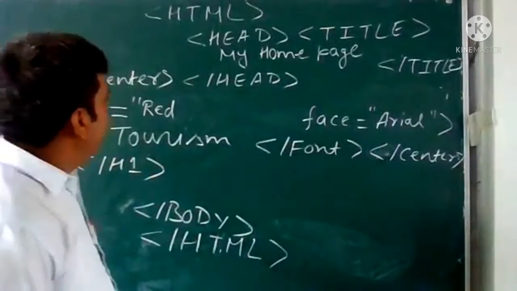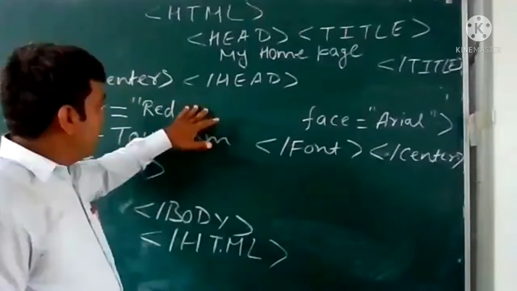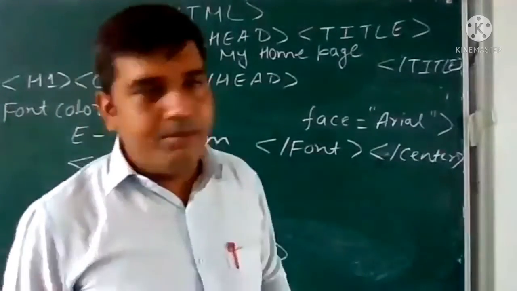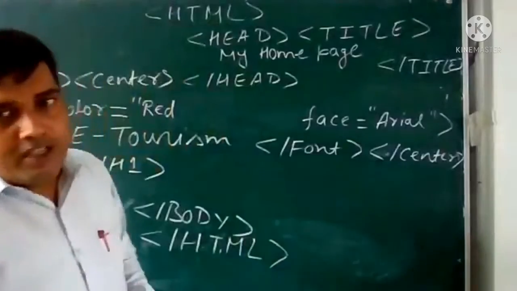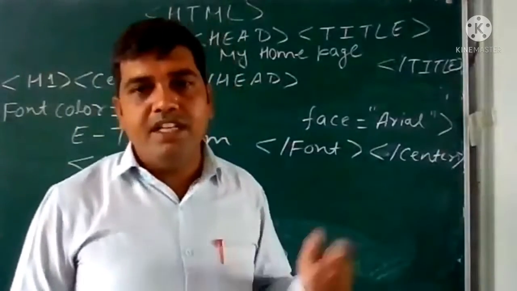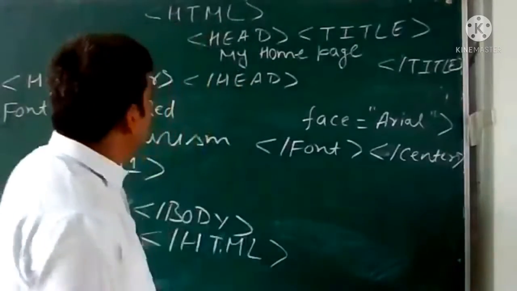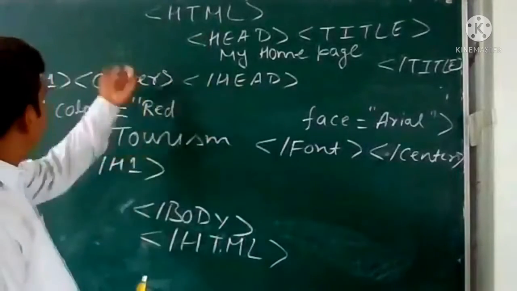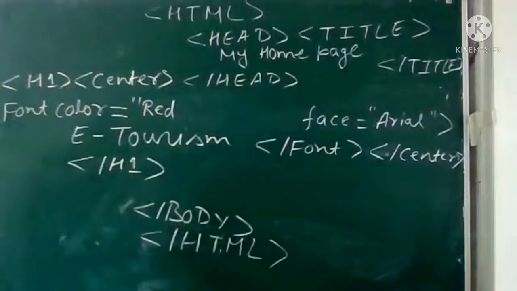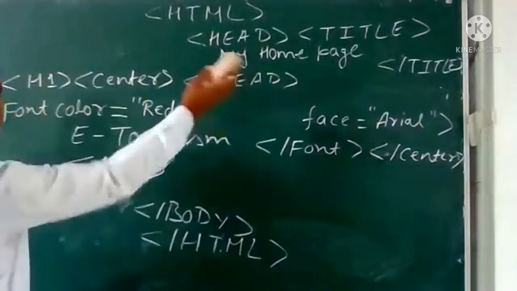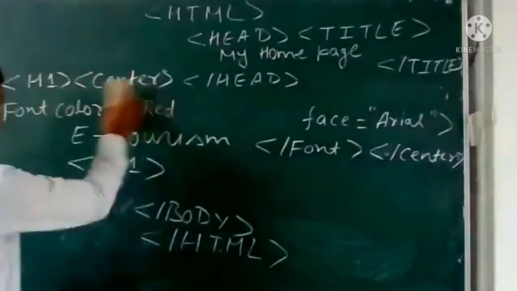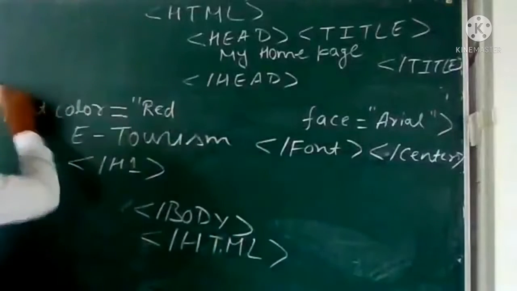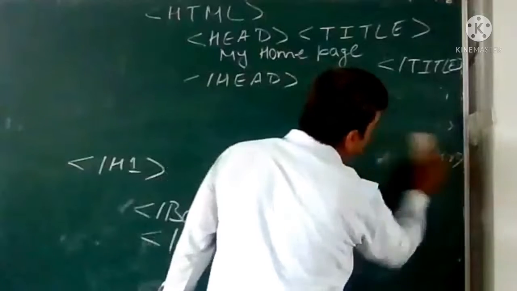Another thing, if we want to set, see here, by default the background of the web page will be white because no color we have set. Now if we want to set the background of the web page to any other color, we write the attribute background color, and we write that attribute inside the body tag. So above where we have written the body tag, inside that we write the background color. So after that, I'm going to erase it because I have limited space. So after that, when we have written the body tag first, there we write the background color attribute.